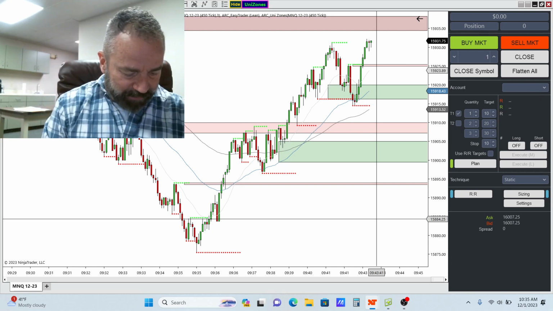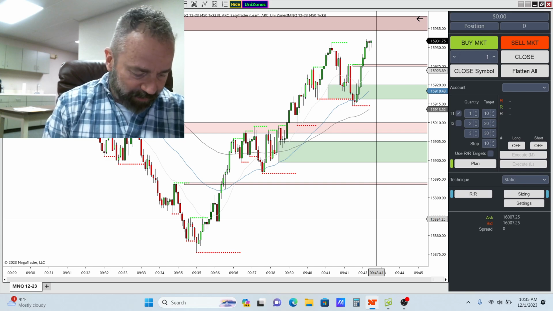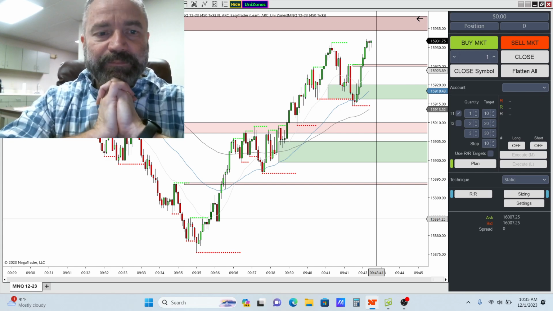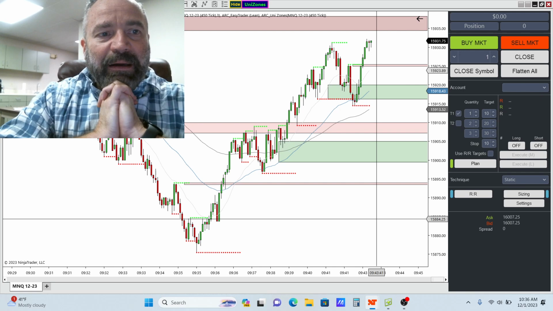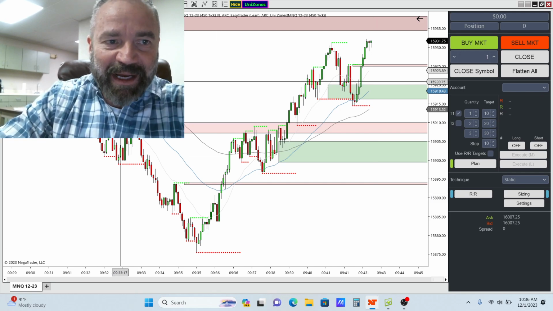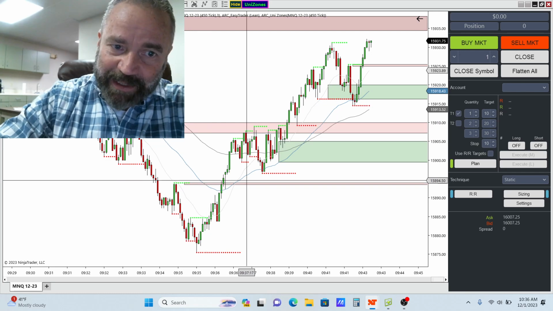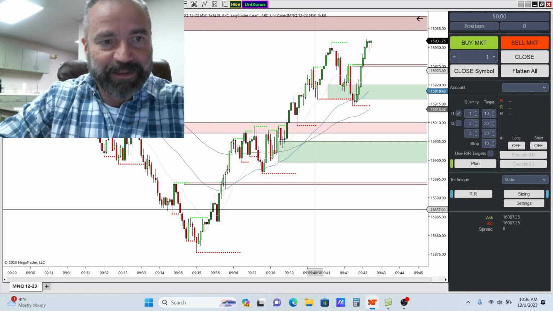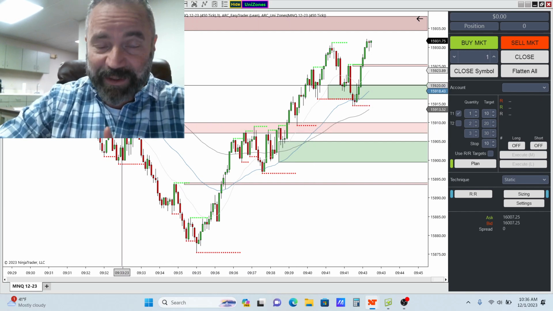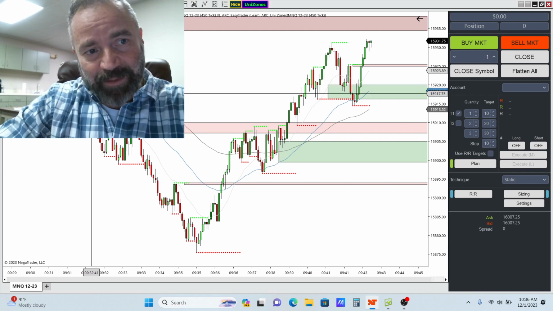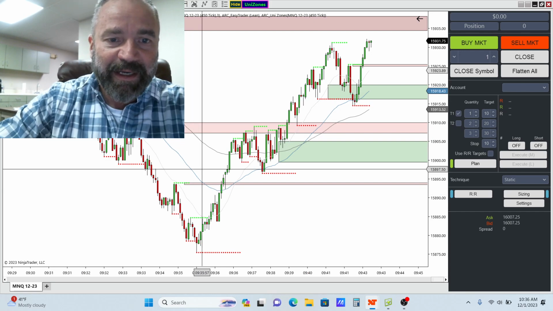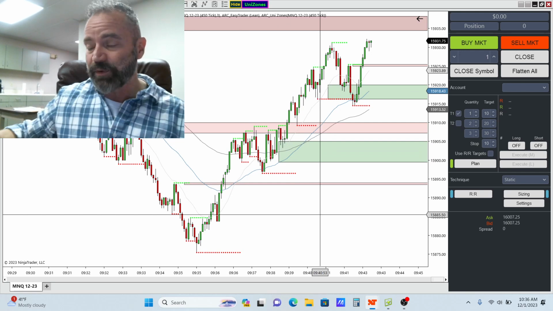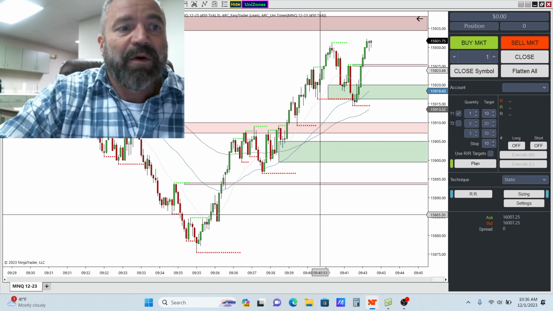Okay, so let me just dive in real quick and show you what I look at when I'm trading. First of all, the 100 EMA is my main EMA that I'm looking at. Typically, now there are some exceptions to every rule, obviously, but typically I am only going short when I am underneath the 100 EMA, and I am only going long when I am above the 100 EMA. So a super simple strategy, which should show you profit,